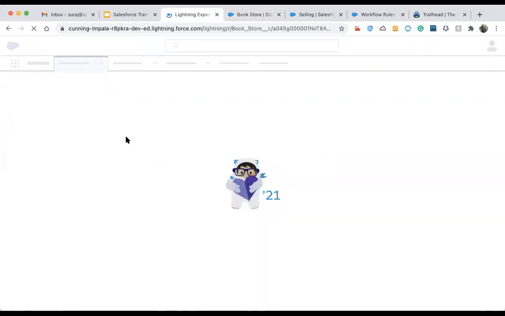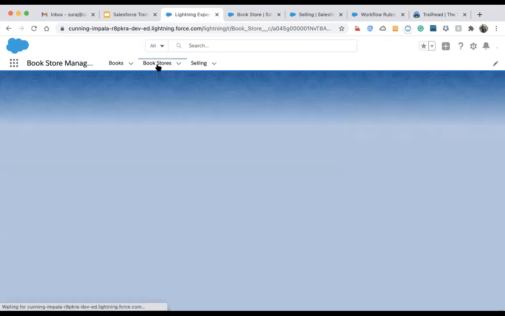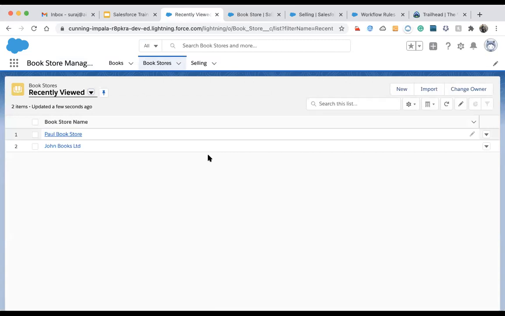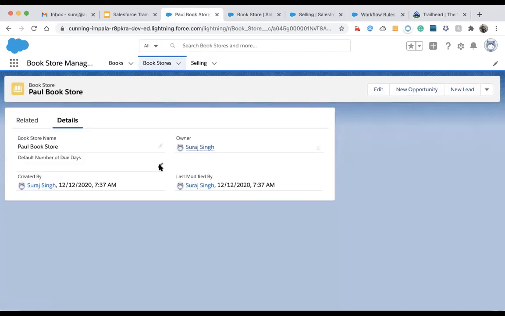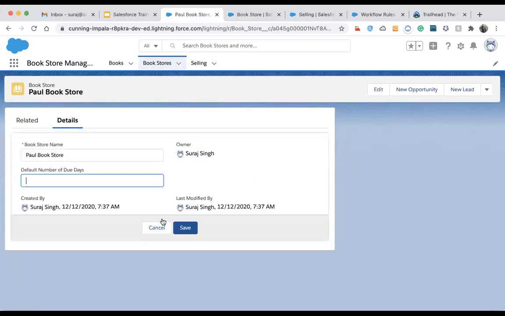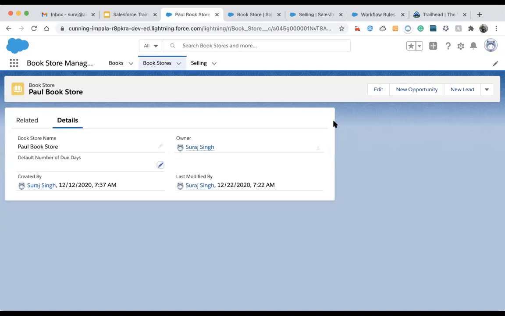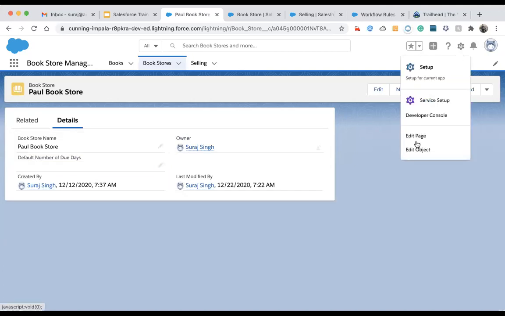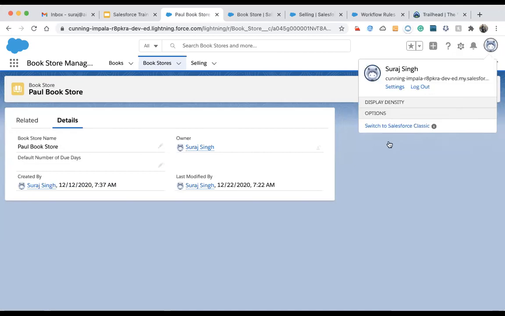So suppose for this bookstore we add a field called default number of due days. I'm not sure why it's not adding, why it's behaving like this. Let me move to the class.